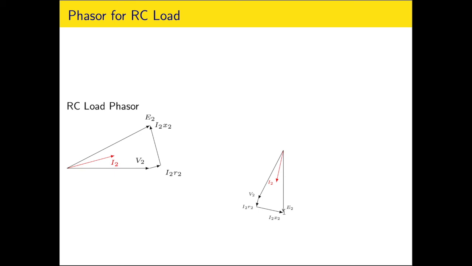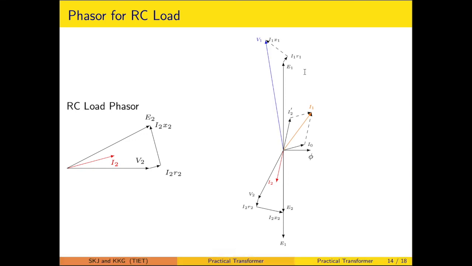Now we will be marking the effect of the ideal transformer. So flux, E1, I2 dash are marked. Then we will be accounting the no load current and doing the summation to find out the I1. So that is done. Then we will be adding the voltage drop in the primary side winding to this E1 to account for the supply voltage. So that is done. These four steps are completing the development of the phasor diagram.